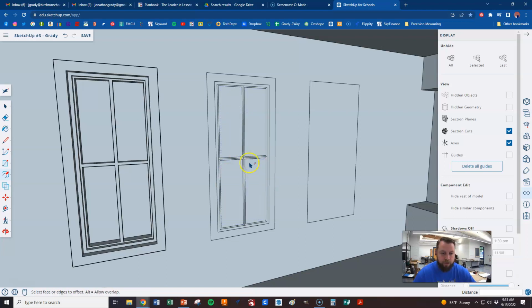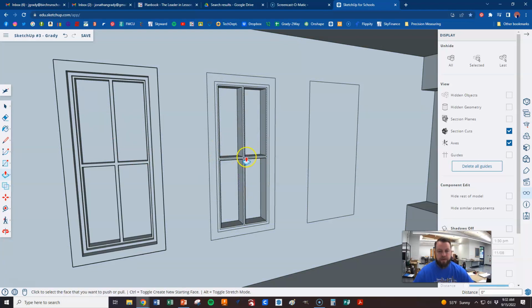And now for my push pulling, I'm going to do what I did before. I'm going to push pull. Let's start with this surface. So I was locked in there. I hit escape. I'm going to click on this one, and I want it to be the same as this. So I inference over to this surface. I'm going to click there. I've set my depth now, so I can double click,